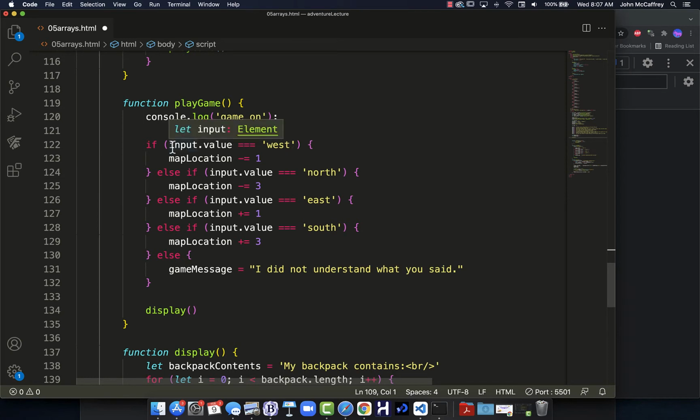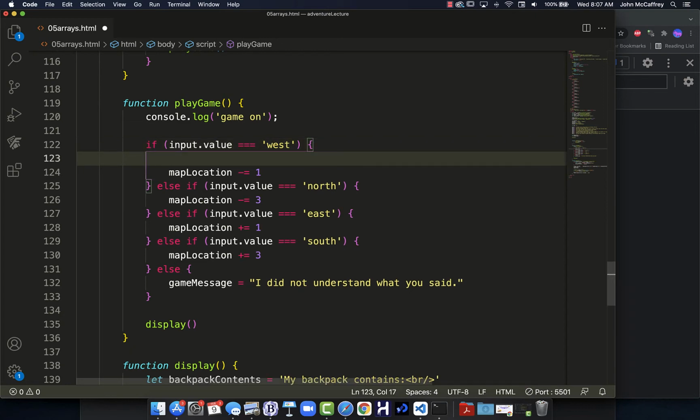So after we've verified our action that we're going to take, west, then before I actually update my map location, what I really want to do is